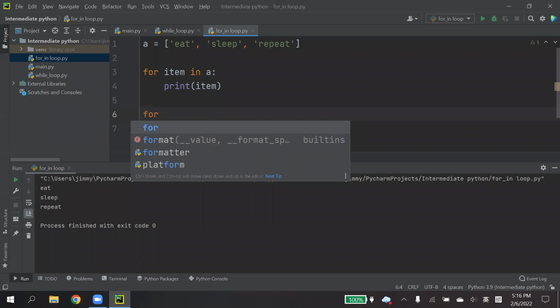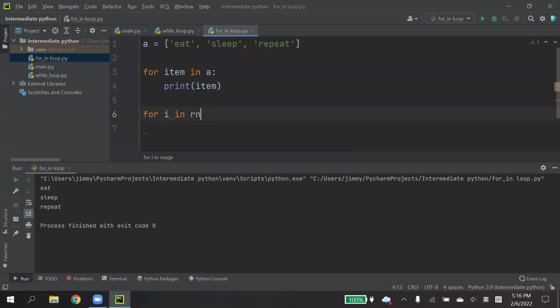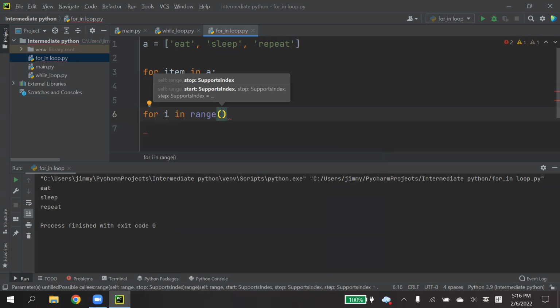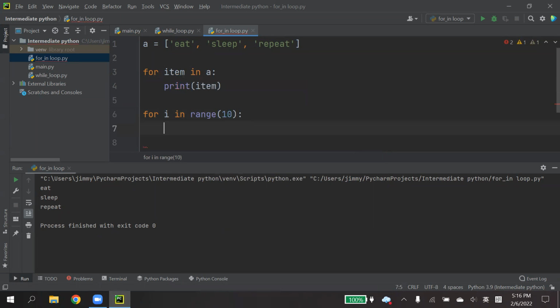If the number of repetitions is known, we can also use a for in loop. We can use it together with the range function. For example, if I want to repeat 10 times, I can use the range function.